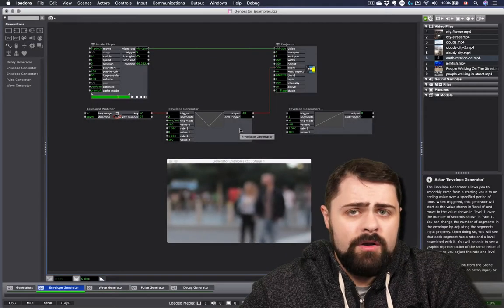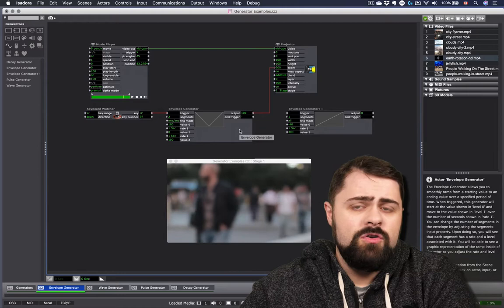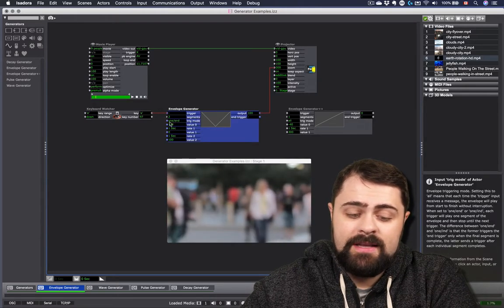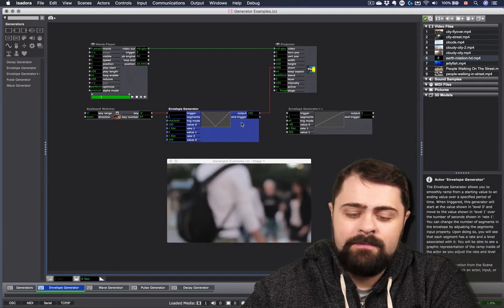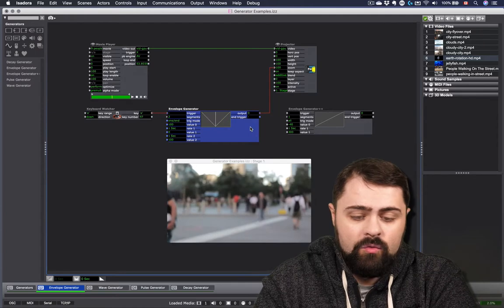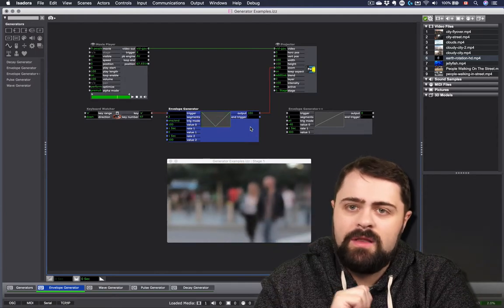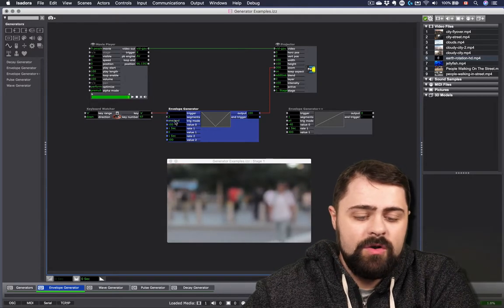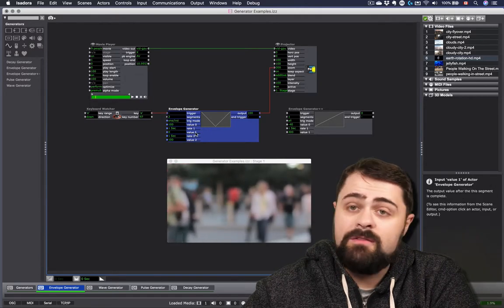This end trigger can fire in one of two cases. When the trigger mode of the envelope generator is set to 1/end, this end trigger output will fire once the envelope generator reaches the very end of the sequence, like so. Alternatively, however, we can set the trigger mode to 1 individual.